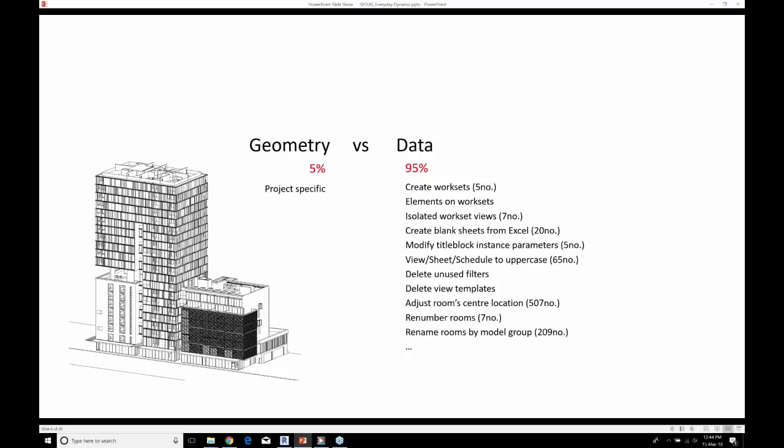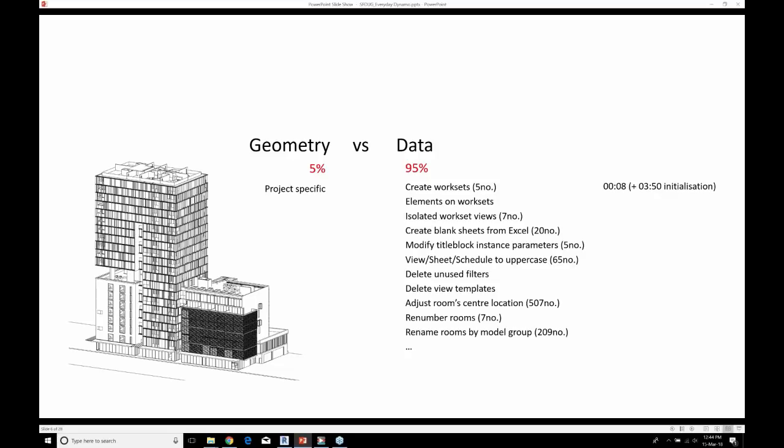It's about 200 apartments, 20 stories. So if we think about how long all of those tasks would take to do manually, you're probably looking at days, a week, maybe longer. So using Dynamo Player, I've started to list out the times of how long it takes to do each task. So we should be able to get through all of this in well under 45 minutes, much less, probably more like 20 minutes.